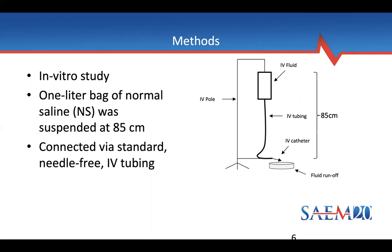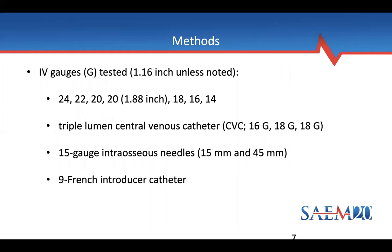We suspended a 1 liter bag of normal saline from an IV pole 85 centimeters above the ground. The saline bag was connected via needle-free IV tubing with the final 10 centimeters of the circuit maintained parallel to the floor. In certain trials, we engaged a manual pressure bag by inserting it above the IV bag in a similar setup. Our analyses included the following catheter sizes: 1.16 inch 24, 22, 20, 18, 16, and 14 gauge catheters,